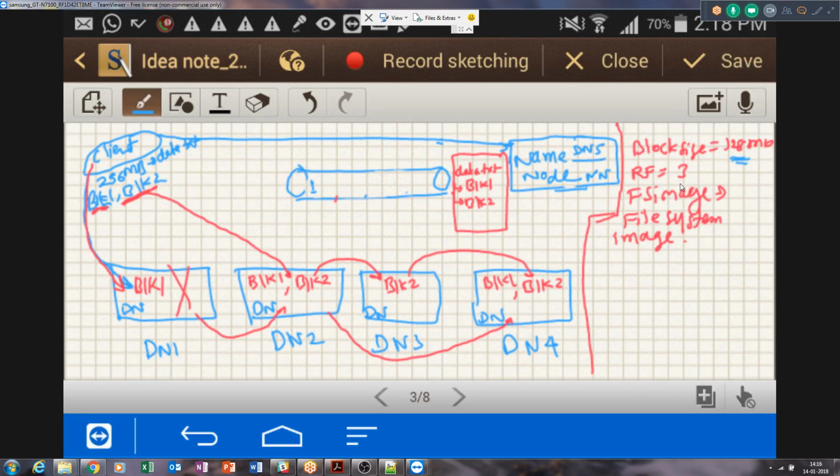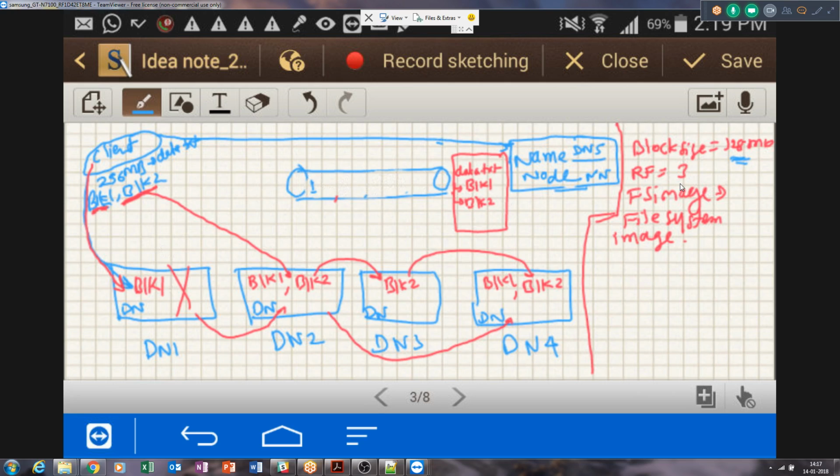Okay, so what will happen? Basically, the block 1 replication factor now gets down to 2, because that's how the name node sees it, since it does not receive any further signals from data node 1. Since block 1 copies got down to 2, name node will actively try to manage the replication factor of block 1 from 2 back to 3.